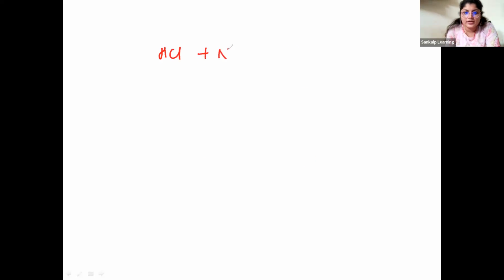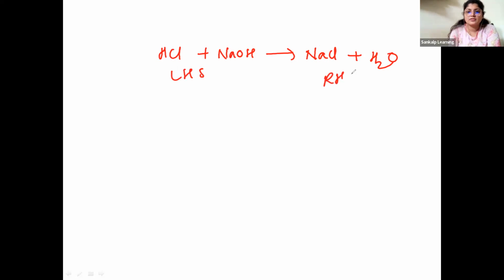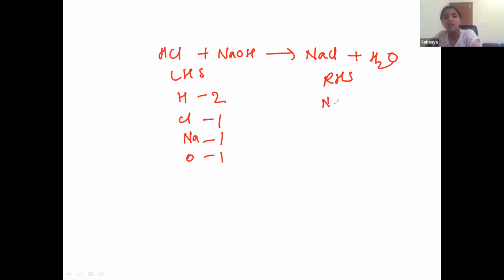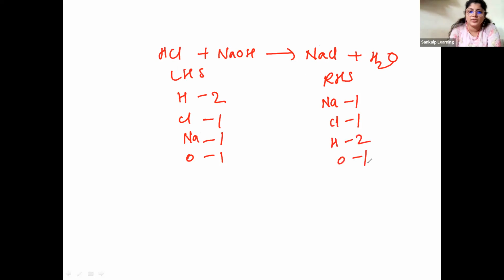HCl plus NaOH giving you NaCl plus H2O. LHS, RHS: hydrogen, chlorine, sodium, oxygen. Okay, so hydrogens are two, chlorine is one, Na is one, oxygen is one. RHS: Cl is one, hydrogen is two, oxygen is one. So I think this is also balanced. So this is also a balanced reaction. So okay,